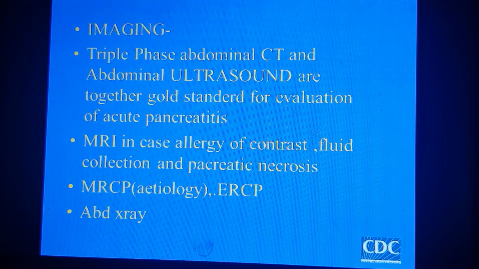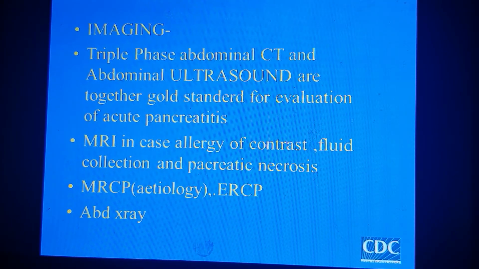MRCP, that means magnetic resonance cholangiopancreatography, for searching for etiology. ERCP, which means endoscopic retrograde cholangiopancreatography, is both therapeutic and diagnostic. And abdominal X-ray, this is the last test, can be used as imaging because it is not